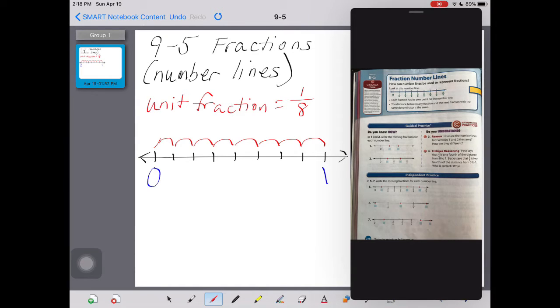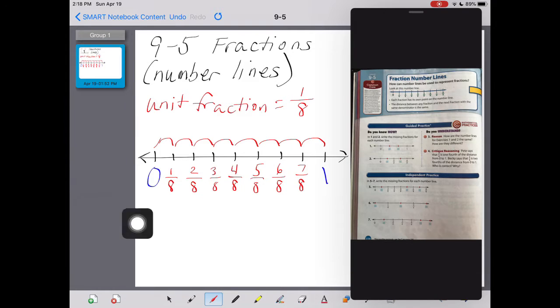So now let's represent this. Let's put this on the number line. So our first section, our first jump from here to here, we've gone 1/8. Now when we continue on and we go to our second section, we've jumped 2. So now we've gone 2/8. The next section, 3/8. We go on to the next section, 4/8, then 5/8, then 6/8,